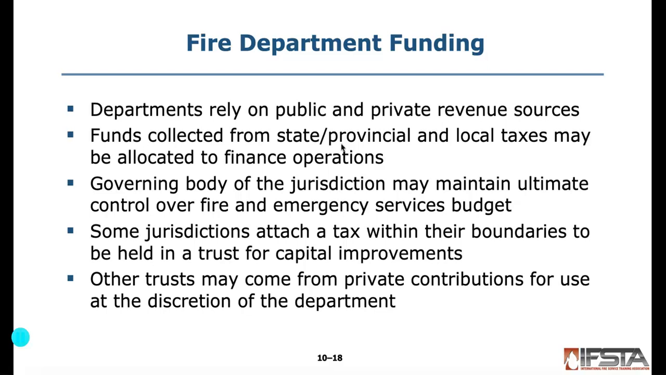They'll make their recommendations. They'll agree on the budget. The budget will go to city council, and they'll vote on that for approval. Some jurisdictions attach a tax within their boundaries to be held in a trust for capital improvements. Capital improvements are things like station improvements, building new fire stations,